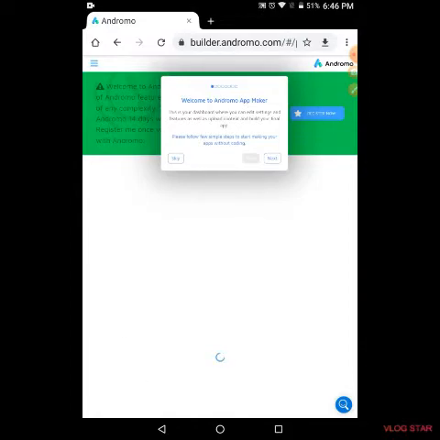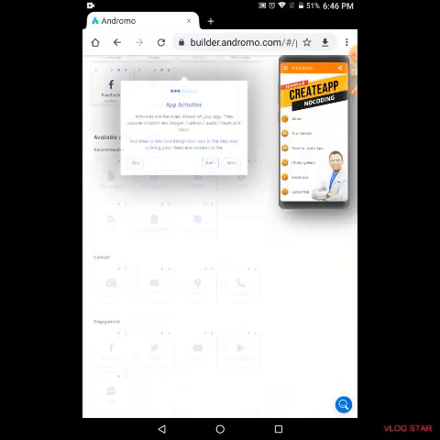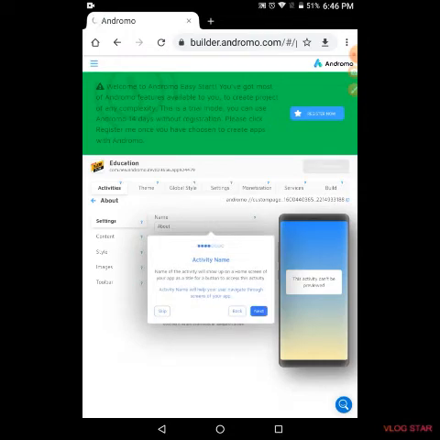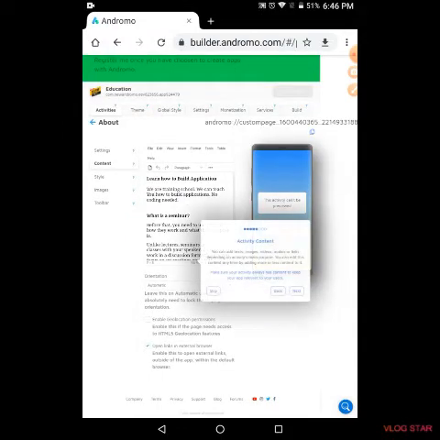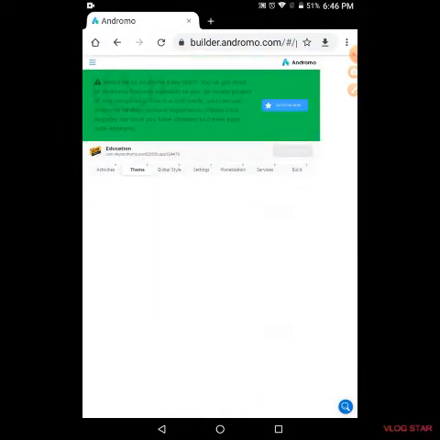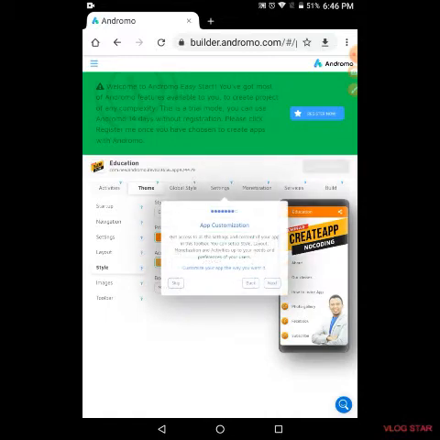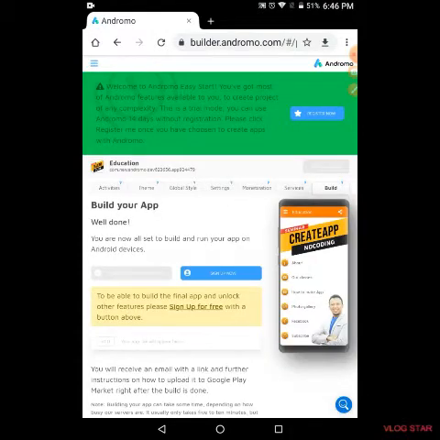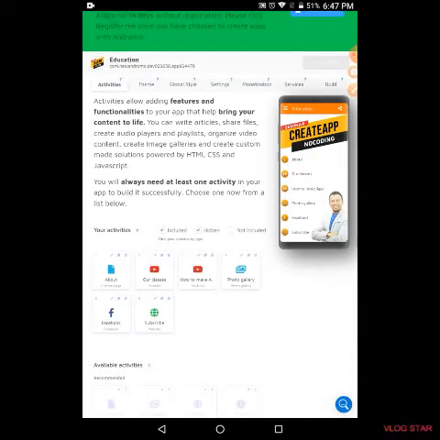If you don't want these instructions, you can skip them. The most important thing of your app is the theme.